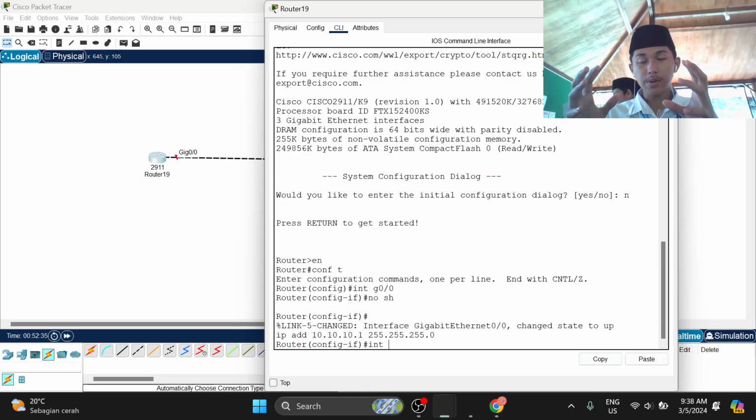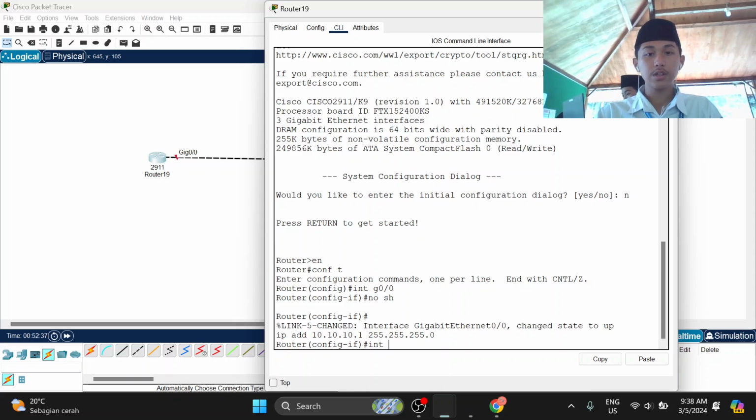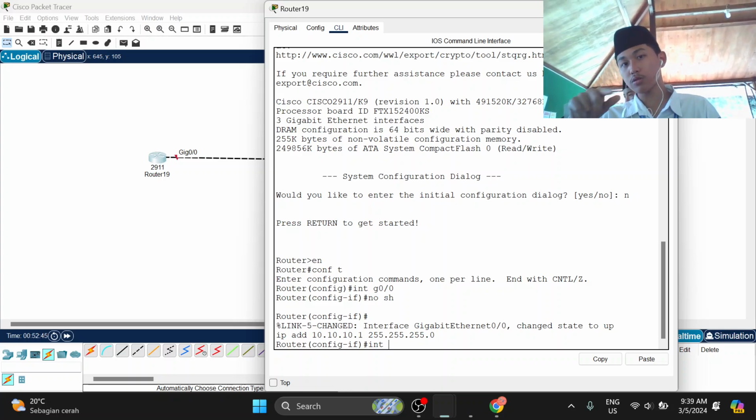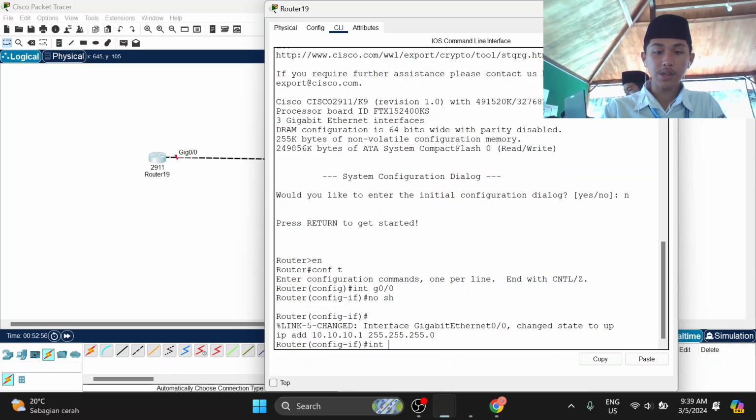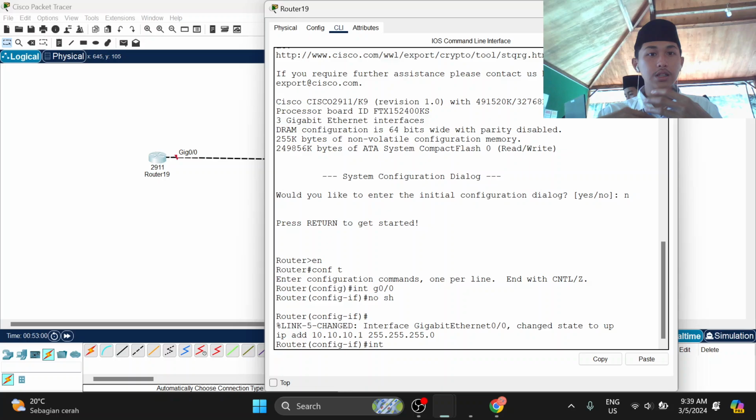A loopback IP address is kind of a shadow interface. That means it is looping back inside your router. For example, it's like a silhouette of your client.